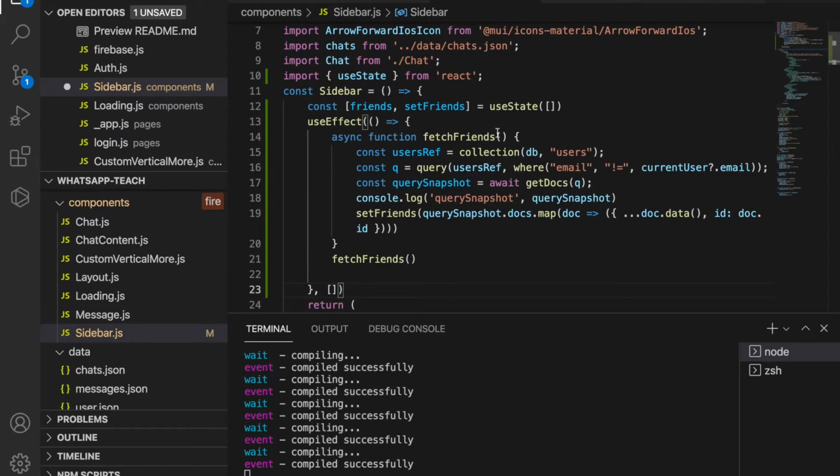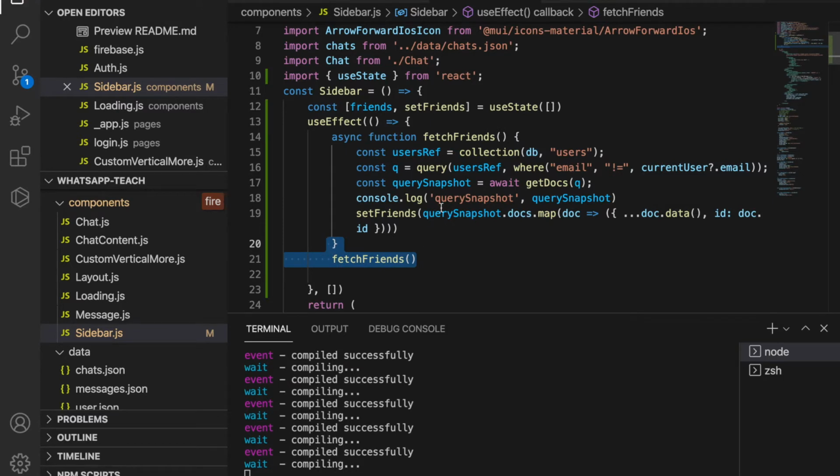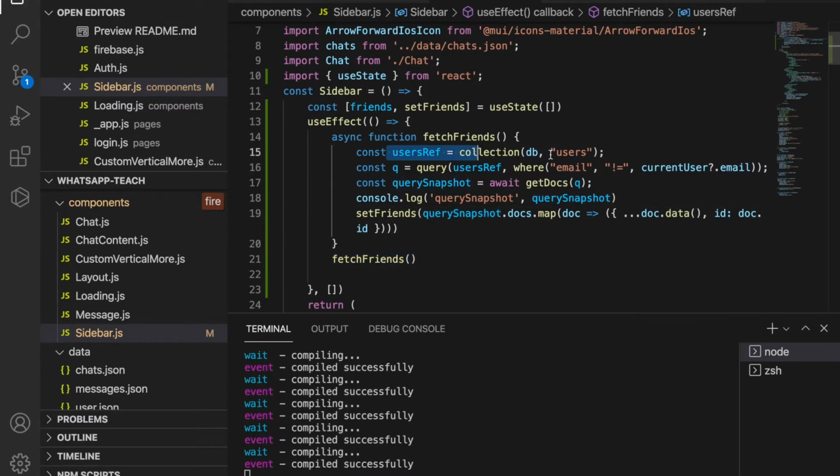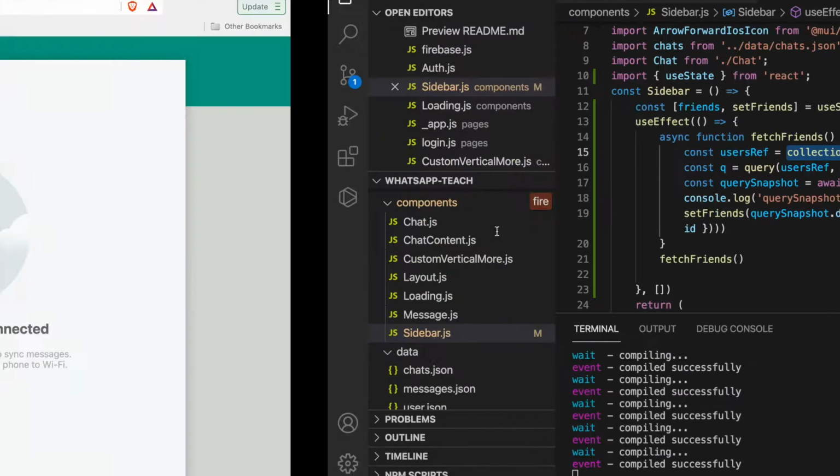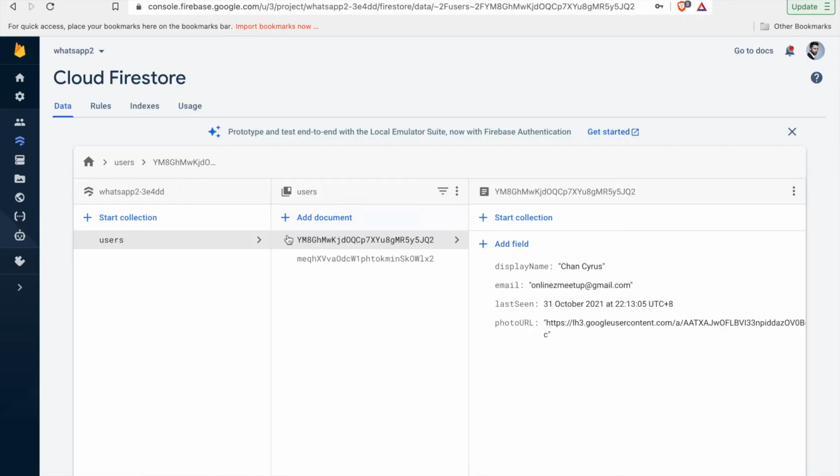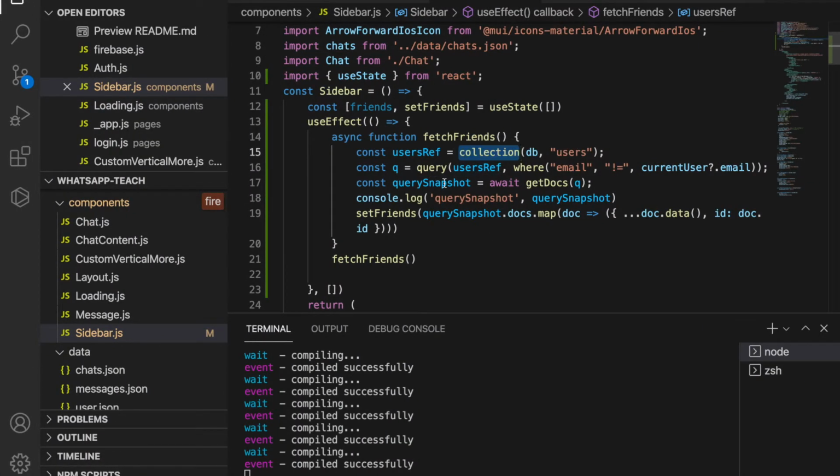So we are going to create these async functions, and we cannot type async in a useEffect. So we have to create this separately, and then we execute these functions. And the first one is we are going to find the users. The collection name is users, because if you look at our website, we are using these collections. And then we have to query, and because we just want to add friends, we don't want to chat with myself, so we are going to